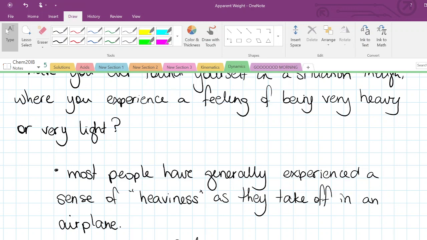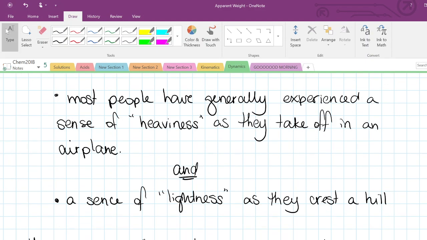The flip side is when you feel really, really light for a moment. And typical places where you might have felt this is if you've ever been driving or in a car where you are on a hilly road and you're traveling rather quickly, and as you crest that hill, right, your inertia is carrying you in this upward direction, and then the car starts to accelerate back down the other side of the hill. Well, your inertia is going to keep propelling you in this upward motion. And for an instant, as the car changes direction, the car is going to start leaving you for a brief instant, right? And the seat is going to start leaving your bum until the seat belt takes hold of you and forces you to follow along with the car,